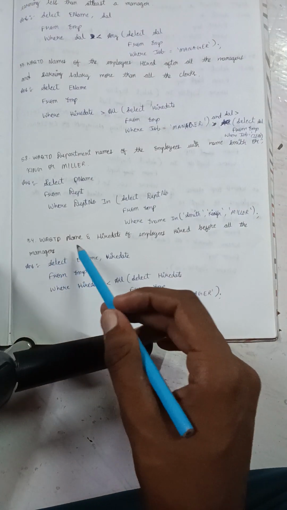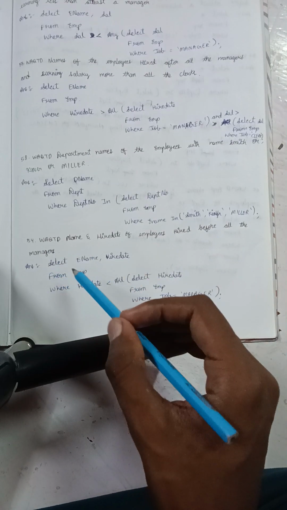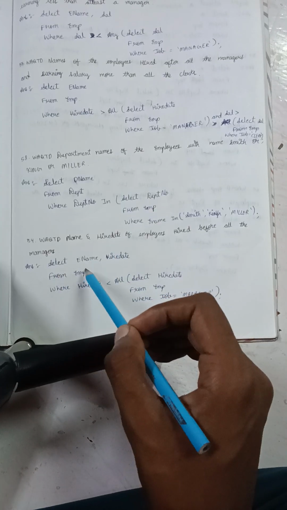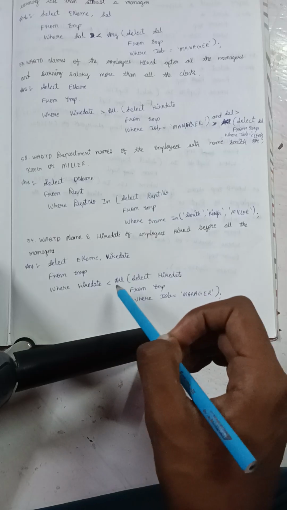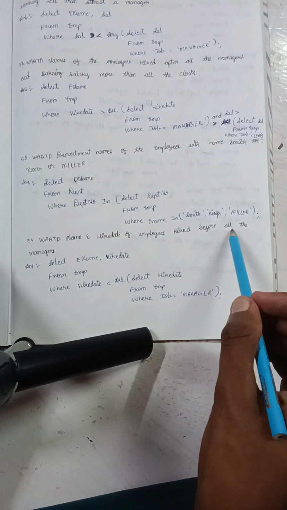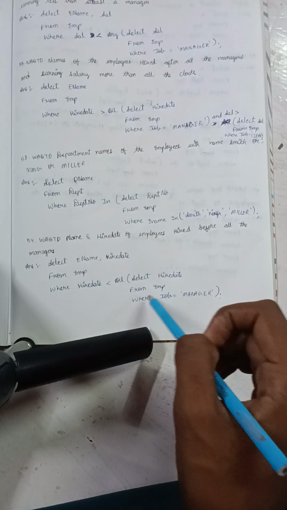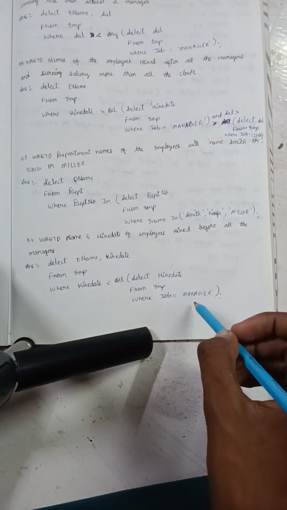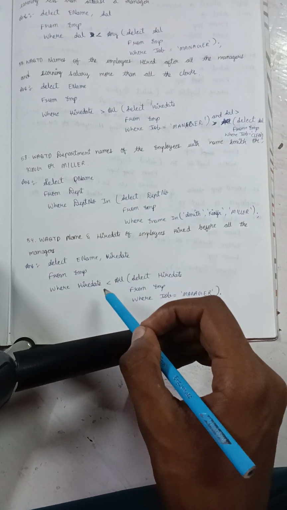Write a query to display name and hire date of employees hired before all the managers. So here we want to know about name and hire date. So select ename comma hire date from EMP where hire date less than, and here we want all. So all of select hire date from EMP where job equals to manager. So here we will get the hire dates of managers. It will be compared with all the hire dates of employees, less than